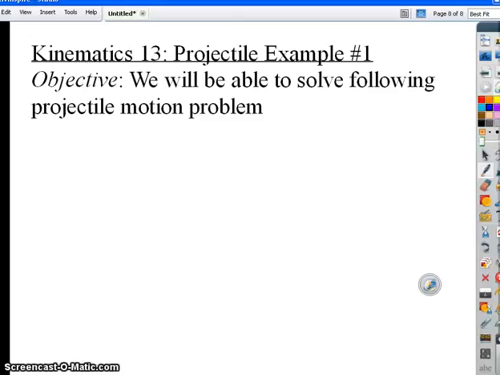Good morning, class, and welcome to this lesson on Kinematics 13, projectile example number 1. Today we will be able to solve the following projectile motion problem. These next few videos are just going to be example problems, just to try to solidify what we're trying to learn, okay? So let's say